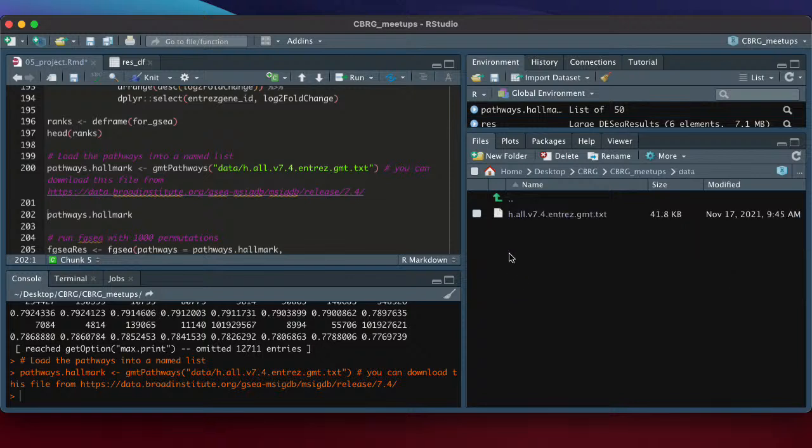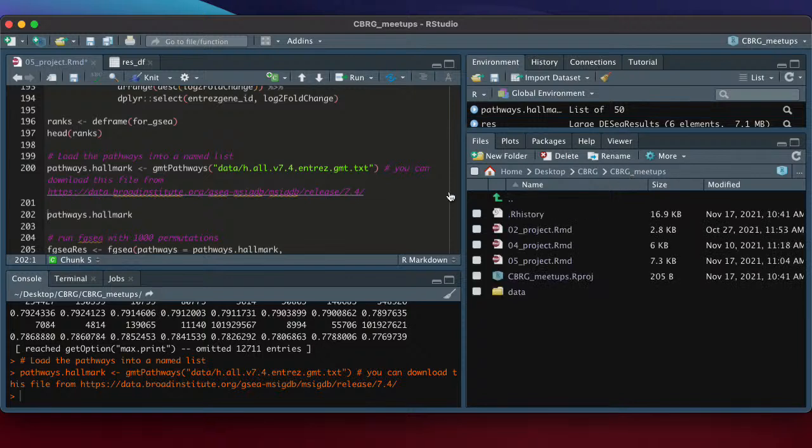In this case, there's only one file in data. If I weren't in a project environment, depending on my working directory, this path might end up being super long and I'd have to keep track of it. But here, since I'm in my safe project environment, the path is just data/name of the file.